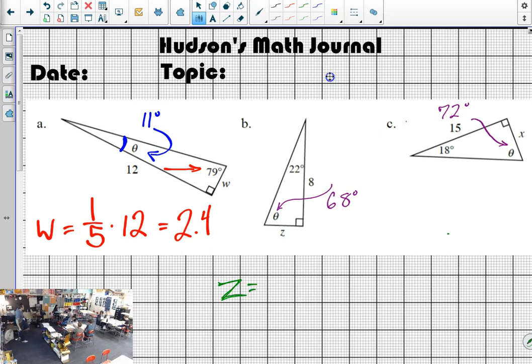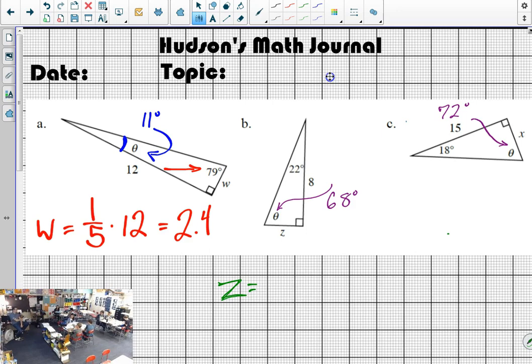Who can tell me how I can think about Z to get it figured out, to get it solved? Okay? Wait, what? I just couldn't hear you. Well, the way you're doing it is, because the slope ratio is like 5 over 2. So are you using the 22 degrees or the 68 degrees? So if we're using 68, that's 5 to 2. Yeah, which is 2.5. Okay, 2.5. So you say that to find z, we're going to do 2.5 times 8. Oh, yes.